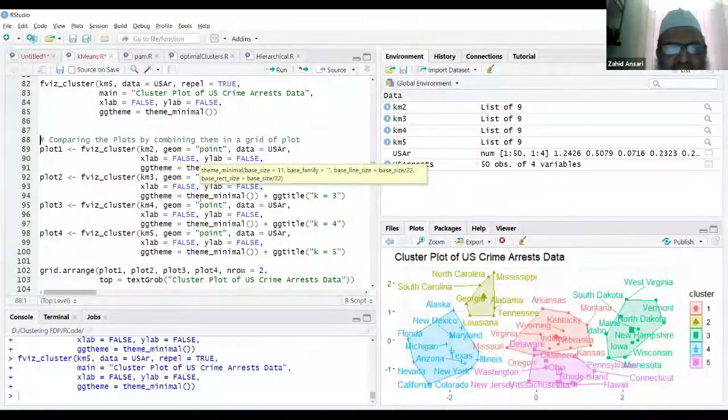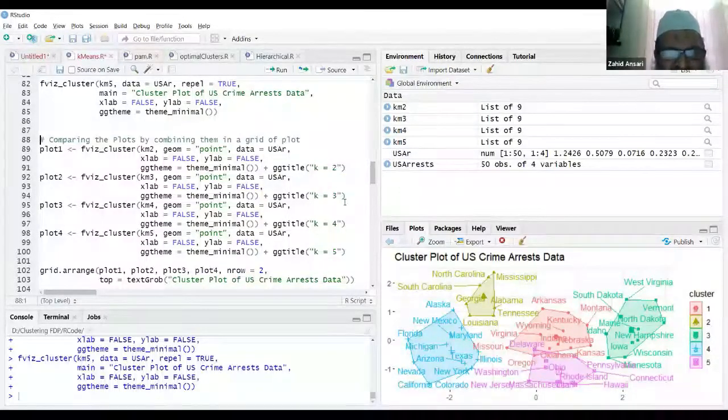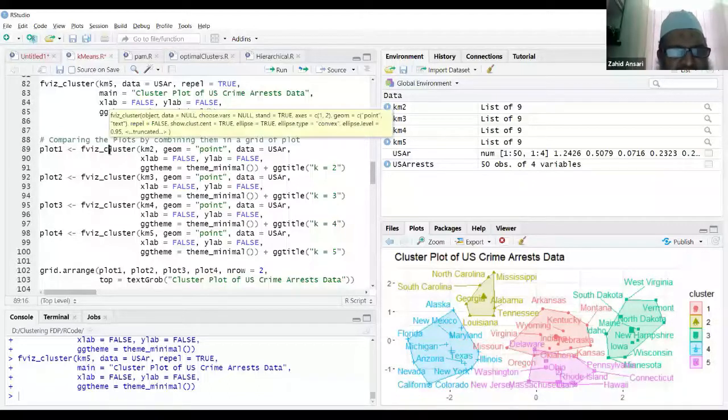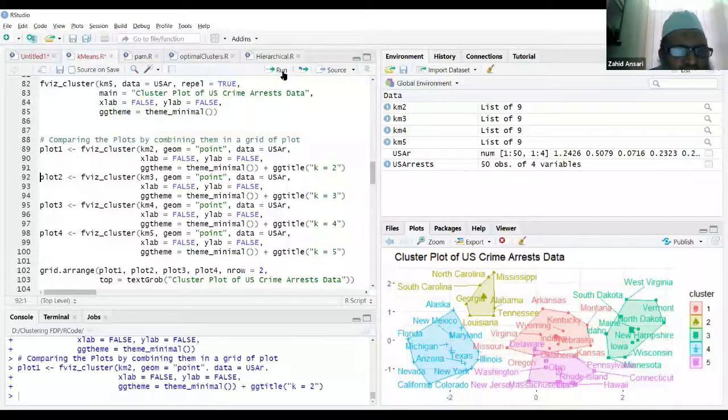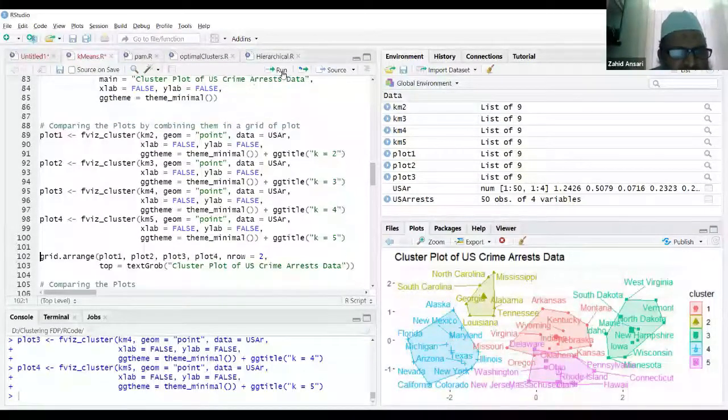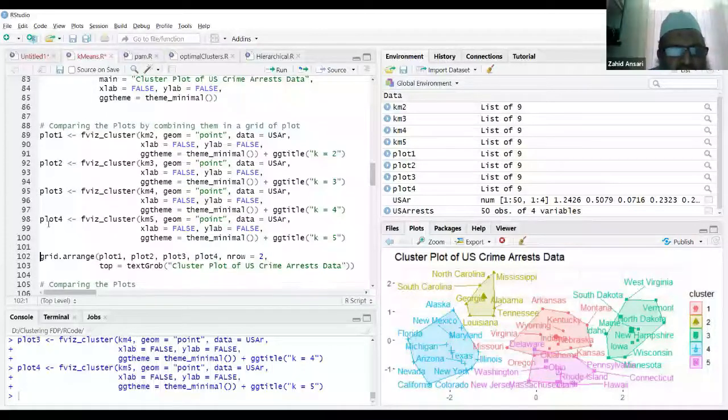Let's say you want to do a comparative study, so on the same screen you want to arrange the plots in a grid one after another. All my plots I am storing in different variables: plot 1, plot 2, plot 3, plot 4, the plots which we saw just now.